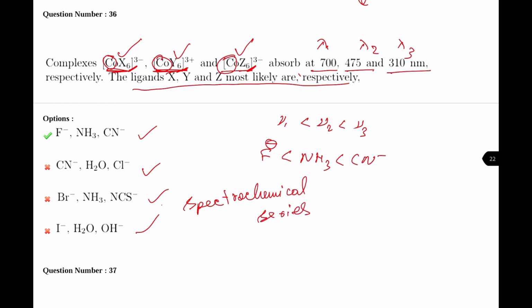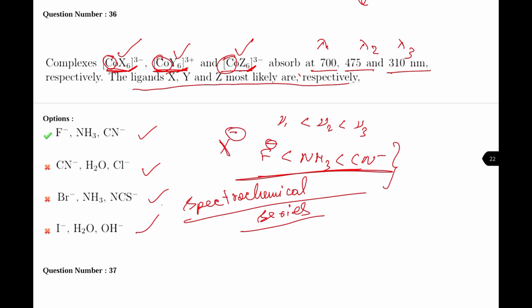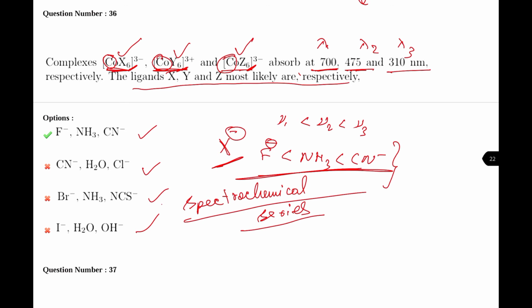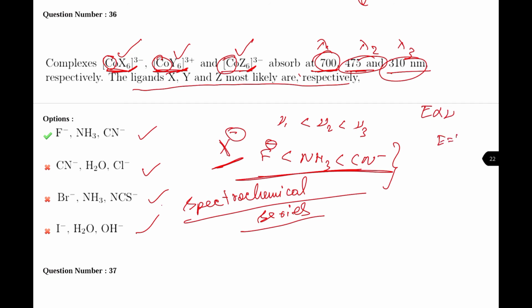Therefore, generally they say to memorize the spectrochemical series, and if you have memorized it, you know that nitrogen centers are generally better ligands, and the halides come at a later part, they are not so good ligands. Why they have given you lambda: greater lambda means lesser frequency, and energy is directly proportional to frequency, E equals h nu.